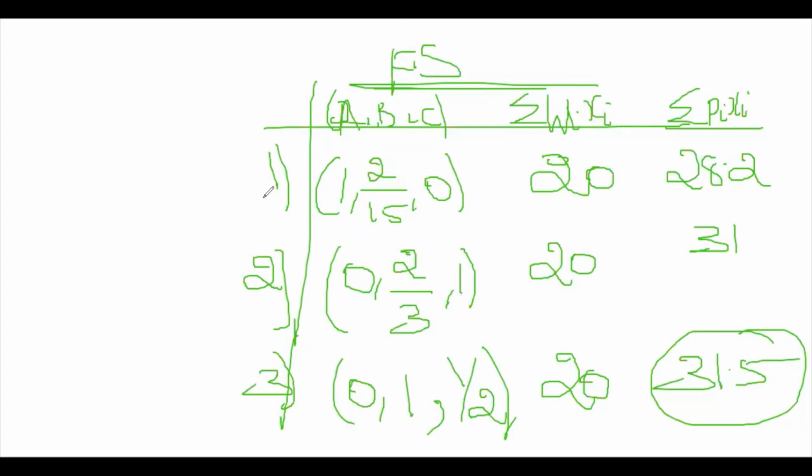In the greedy method, we have four types of applications. The first one is job sequencing with deadline. Second one is the knapsack problem. Third one is minimum spanning tree. Fourth one is the single source shortest path problem. So the first one I'm indicating is the knapsack problem. In the knapsack problem, we have two types of problem.